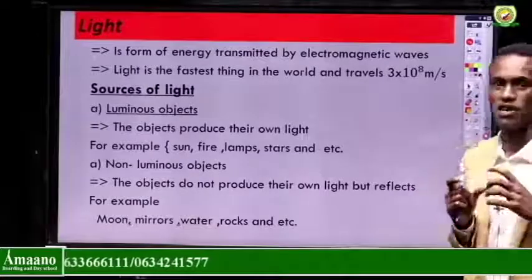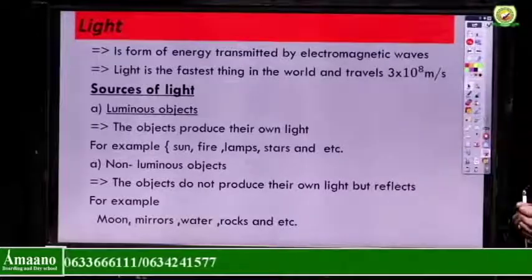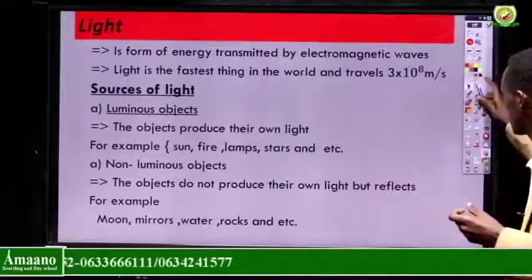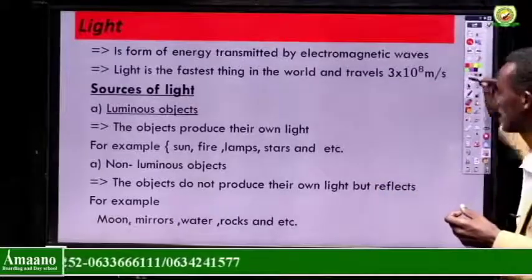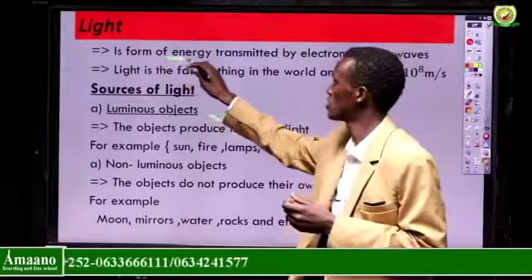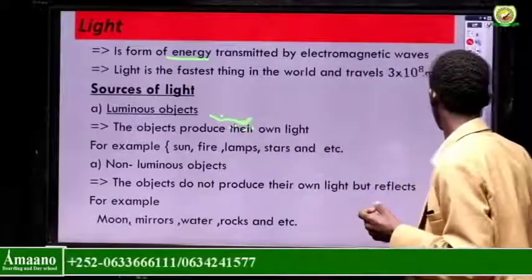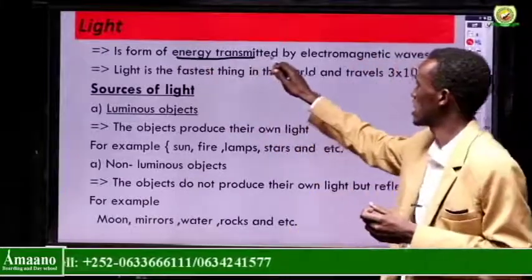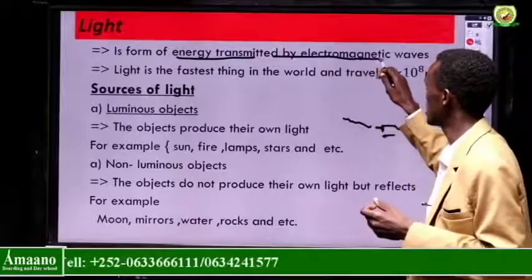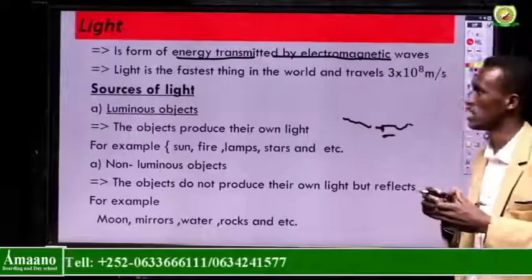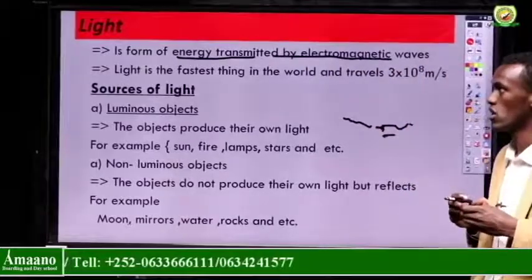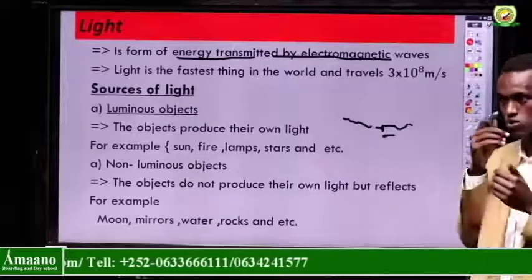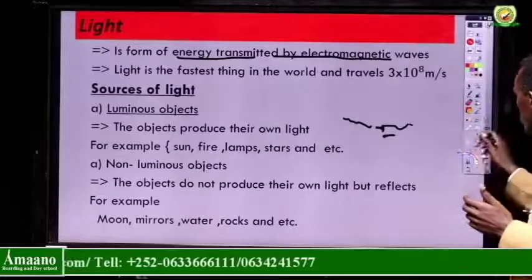So light is a form of energy. By definition, light is a form of energy transmitted by electromagnetic waves. Okay, so it is a form of energy that enables us to see something. Okay, for example,